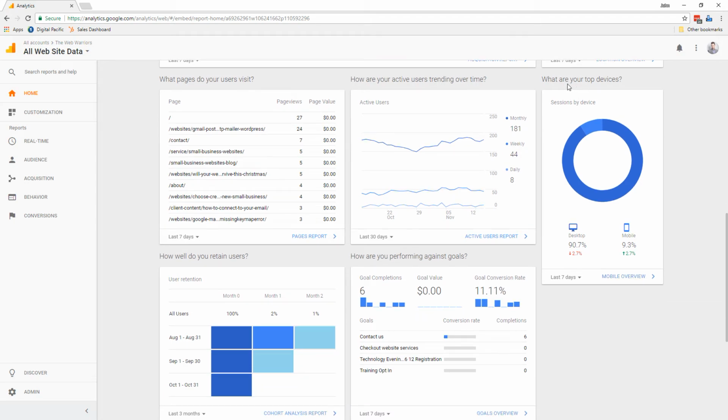I also look at what devices people are using. So what I can see here is 90% of people are visiting my website from a desktop device, so a laptop or a desktop computer, and only 10% are visiting it from mobile. So what that tells me is that